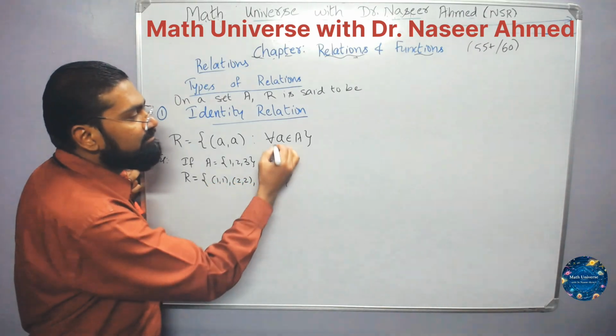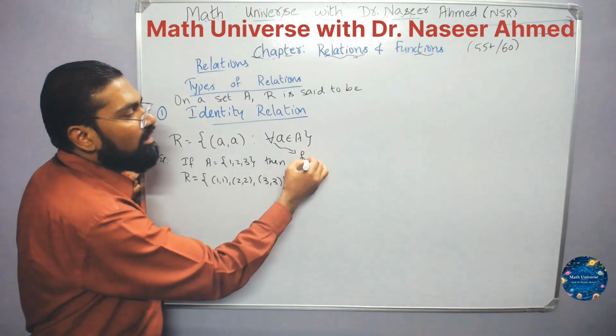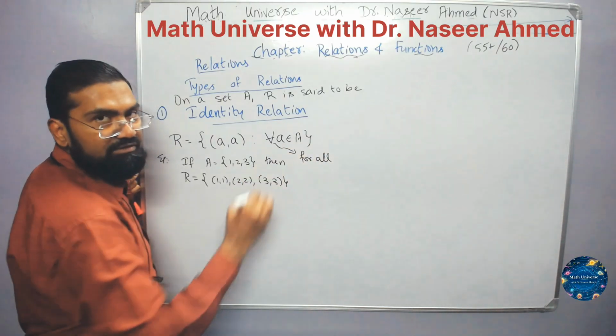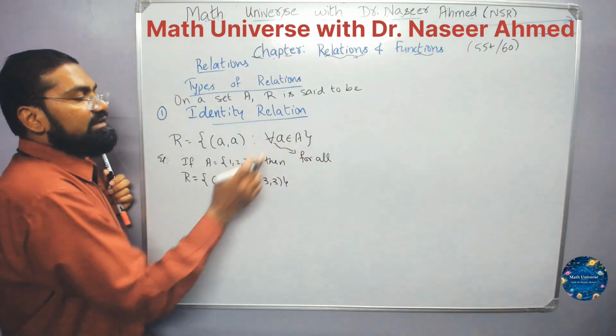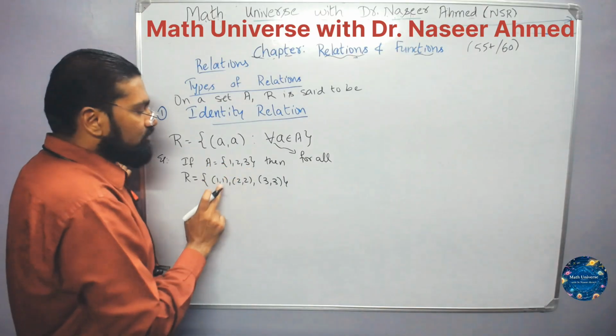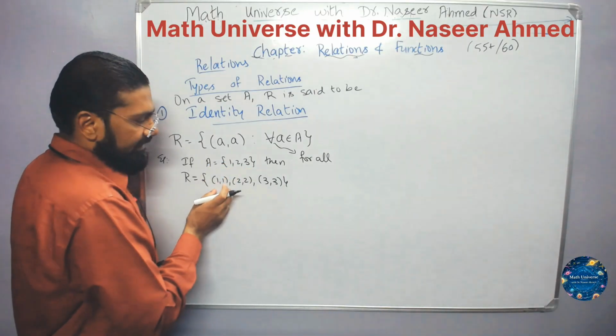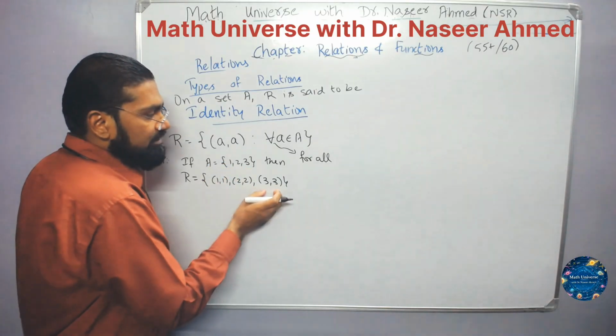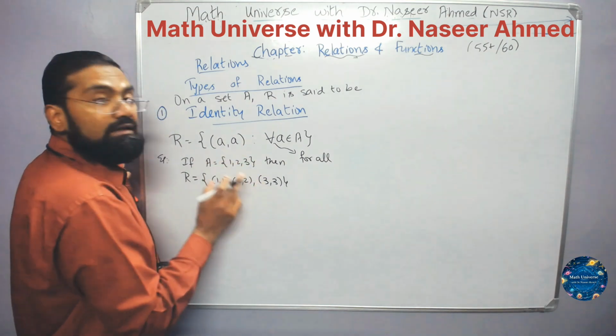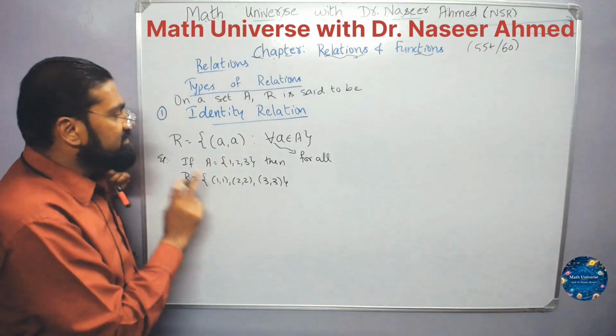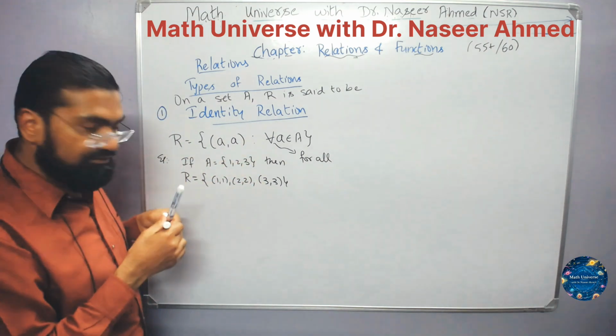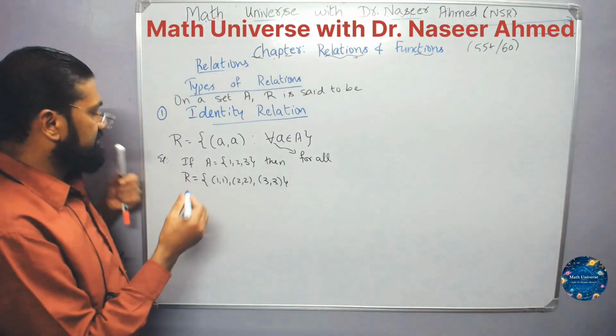Here I have used one symbol. This symbol stands for all, which says that for each and every element of set A, as you can see 1, 2, 3, those elements should be repeated. First and second element should be same: 1, 1, 2, 2, 3, 3, that's what it is. Not even a single element should be there other than this. This we call identity relation. Next comes